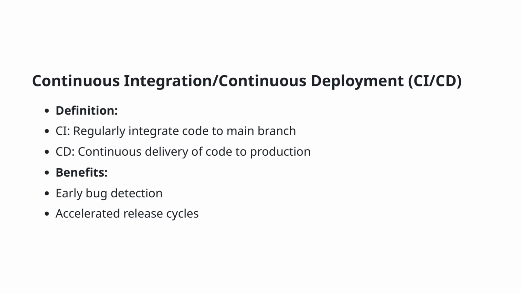First, let's define these terms. Continuous integration, CI, involves regularly integrating code changes into the main branch of a code repository. This practice allows teams to detect and address bugs early in the development process, thereby maintaining code quality and reducing integration issues. On the other hand, continuous deployment, CD, takes this a step further by continuously delivering the integrated code